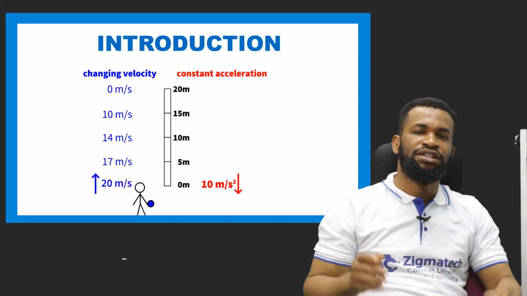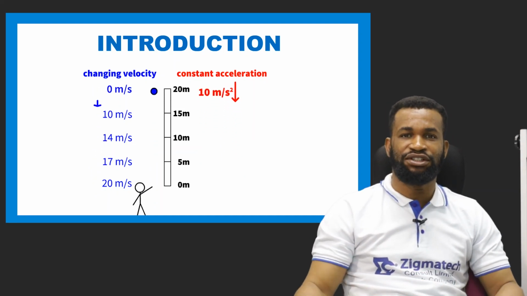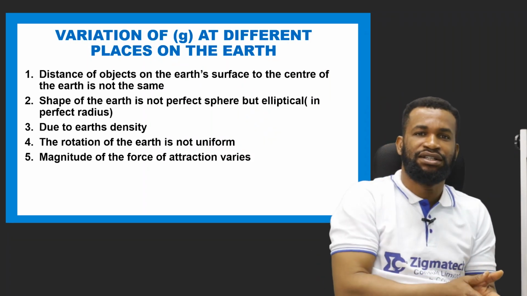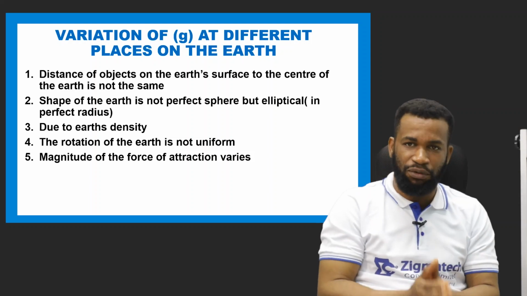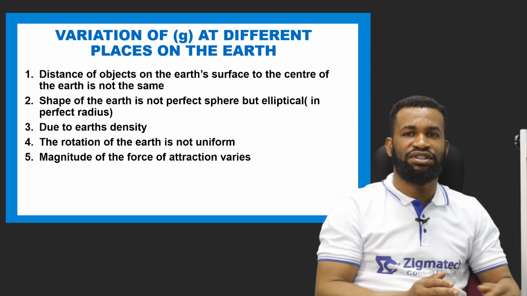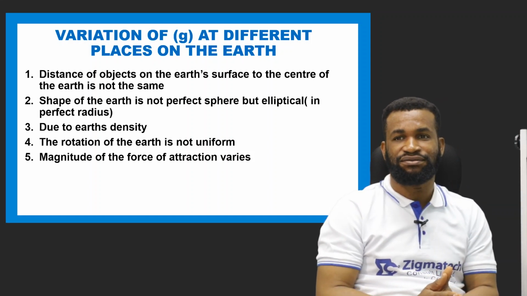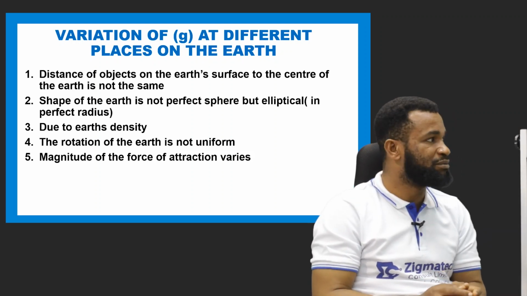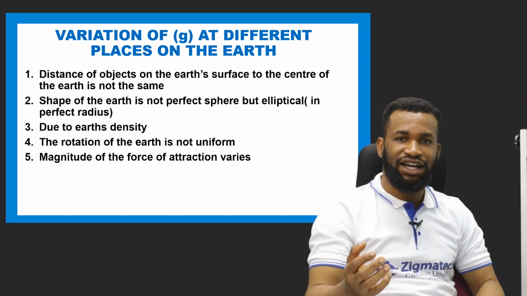But however, in all the places of the Earth, acceleration due to gravity is not the same. Now we are going to look at some of those conditions that change the value of acceleration due to gravity from place to place on the Earth. Number one is the distance of objects on the Earth's surface to the center of the Earth. That distance is not the same, so variation of that distance changes that acceleration,